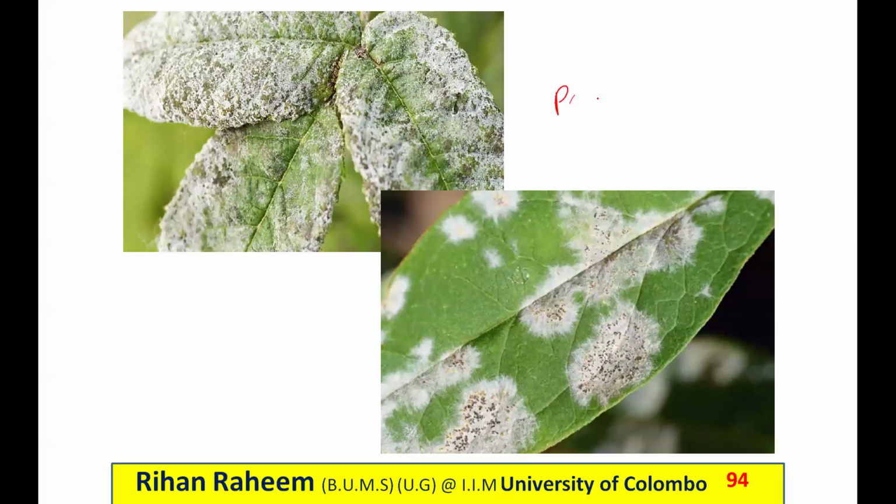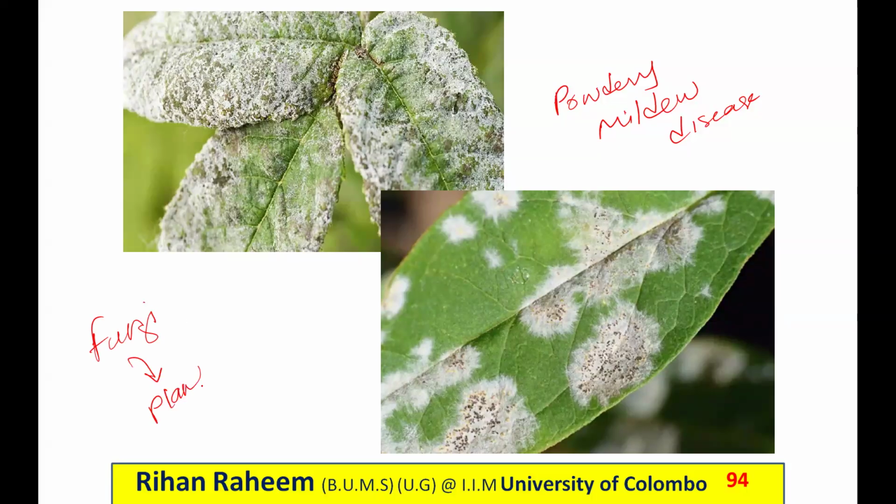So this is powdery mildew disease. It is caused by a fungus on plants. Just because we touch this, we don't get affected by powdery mildew. If one affected leaf touches another normal leaf, the normal leaf also can get affected, but it doesn't transmit to humans. But in case we eat plant leaves or make some curry of those leaves and eat,